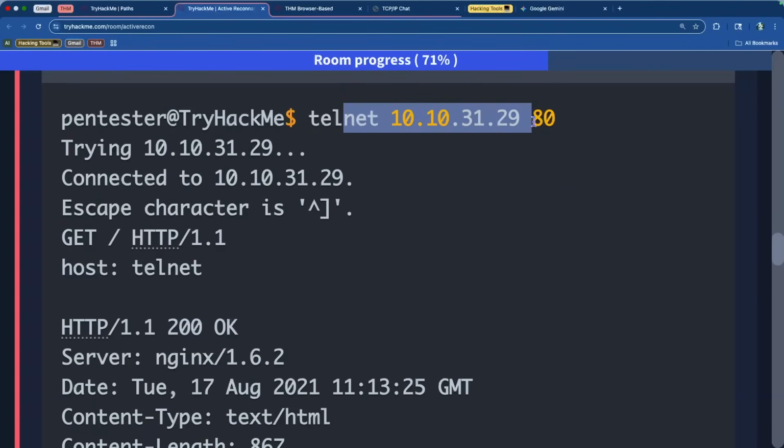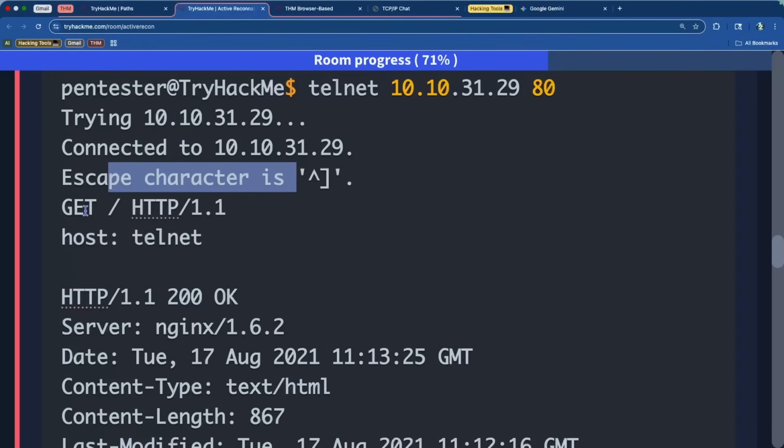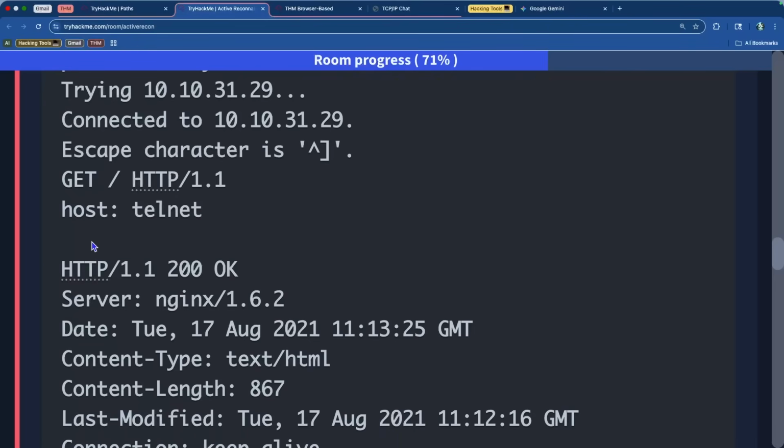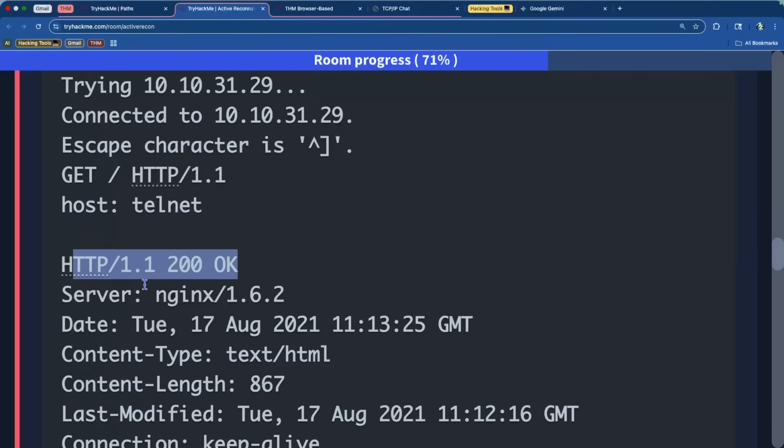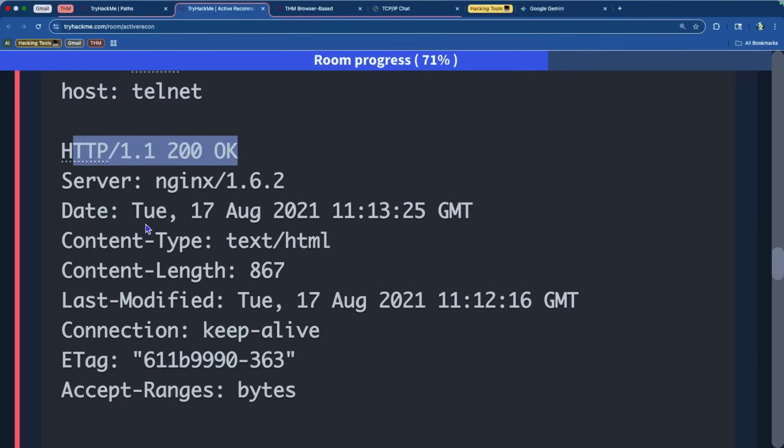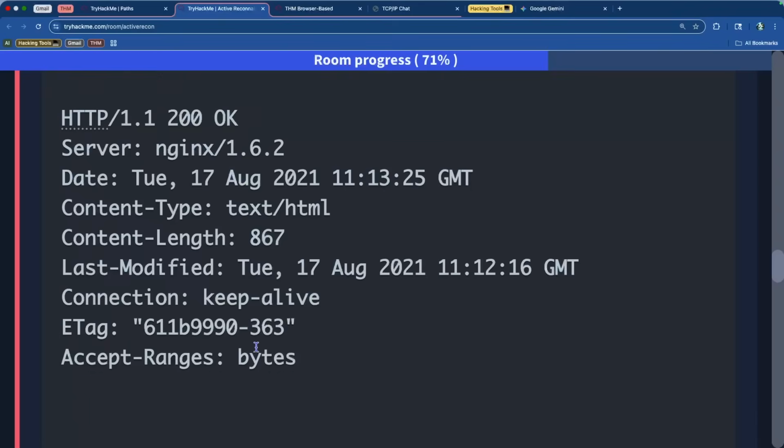So telnet, IP, and then the port. It says trying to connect, connected, escape character is that. So then we say GET / HTTP/1.1. And then it'll say Host. Once we press enter on this, I should say, then we give it a host, which is going to be telnet. And then the first enter that they entered is this empty space that you see right here. The second enter is where they got the 200 response, the success response, and then this data was retrieved from